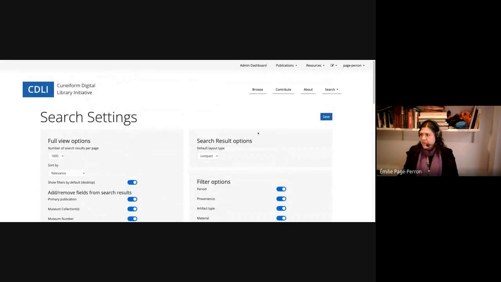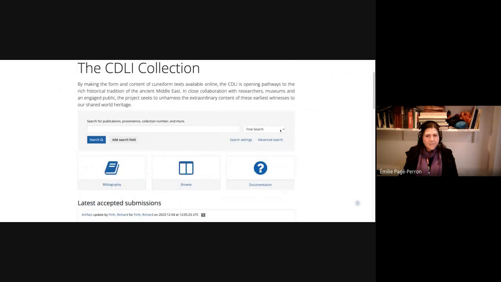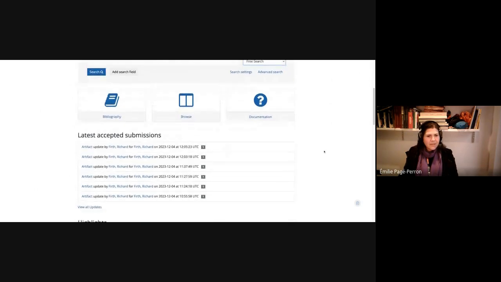So that's for the search filters. So I think I covered the basics. Is there anything else I want to add? I think that's